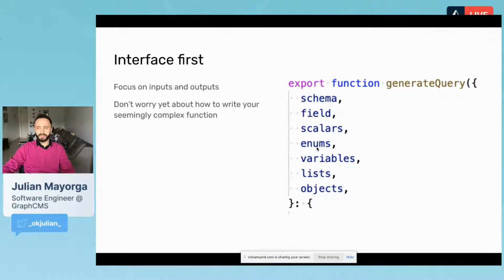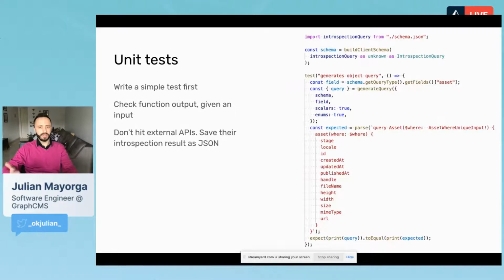And this whole thing about dynamic GraphQL may seem daunting at first, but you shouldn't worry about that. You should really start by the end result, and then you will get there. How? Well, you should also think about unit tests and types, and then write the body. And it's just iterating until you get it right.